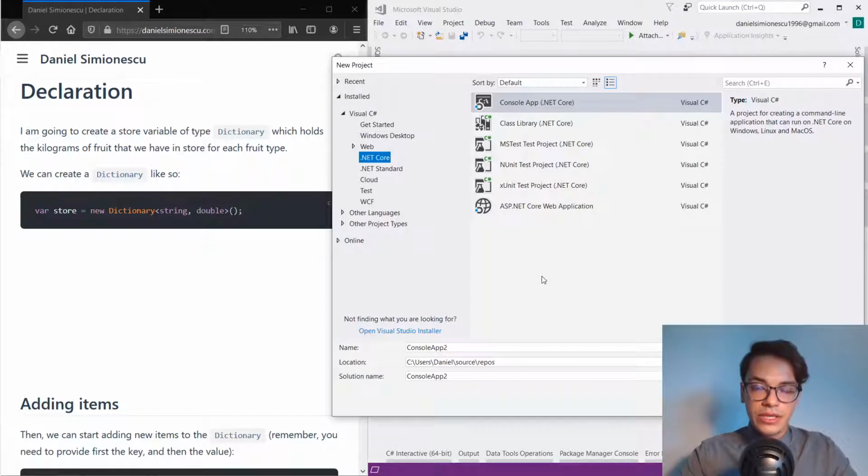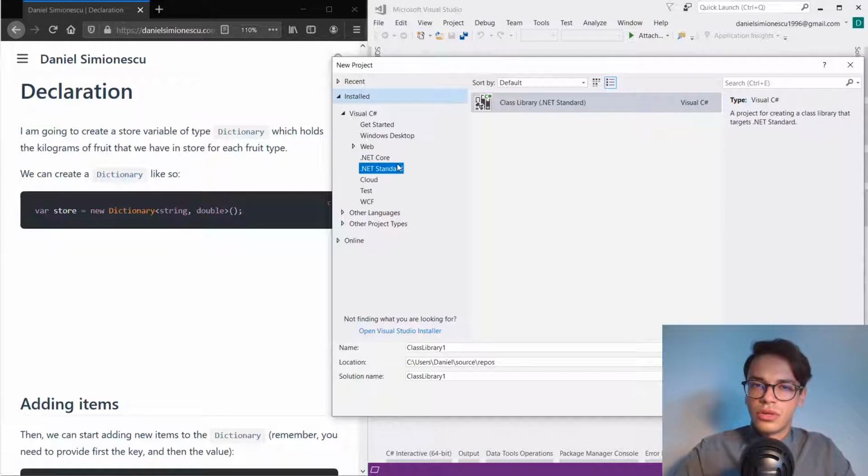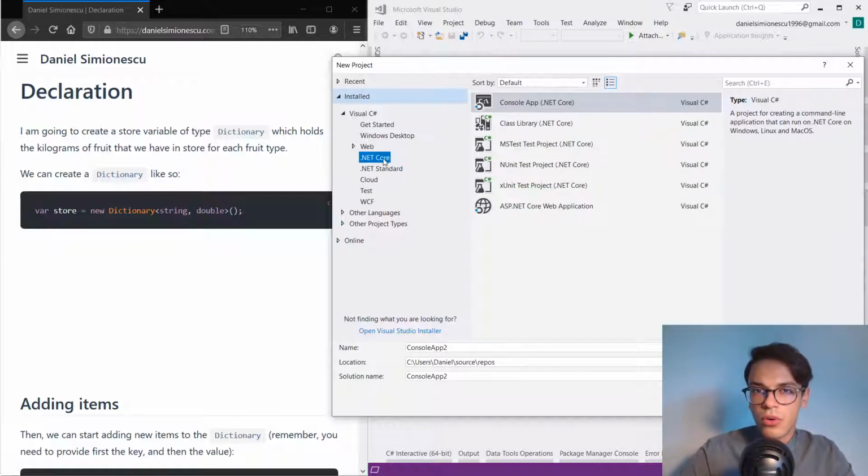This is very important. So .NET Core is very important because it is portable and it can work on any operating system. So you don't need to have any other code related to make this work, as opposed to .NET Standard, which works only on Windows. .NET Core also works on Linux, on Mac OS and stuff like that, so you can actually run it on multiple platforms. So I chose .NET Core and then console app, and then let's try to name this dictionary